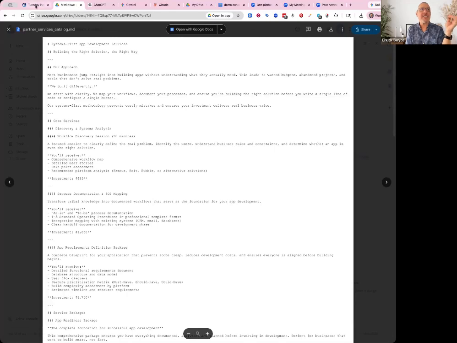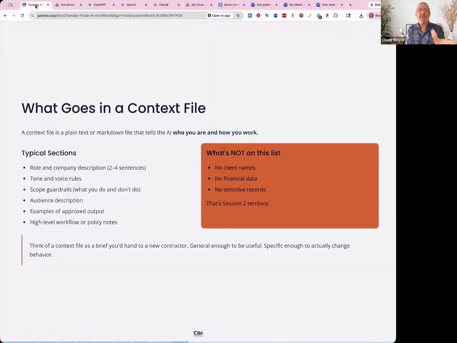As long as it's not confidential, something that you don't want to make public, that's the type of stuff that you put in. Make sure that it's not proprietary information that you want to include in these files.